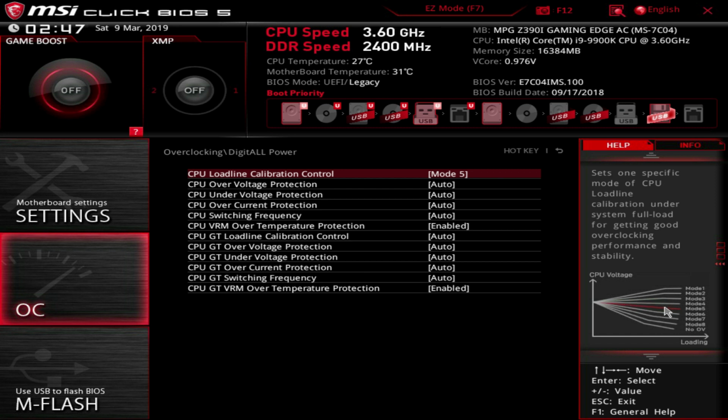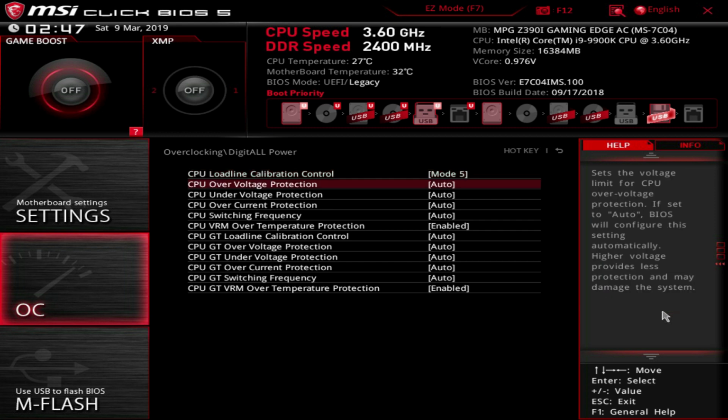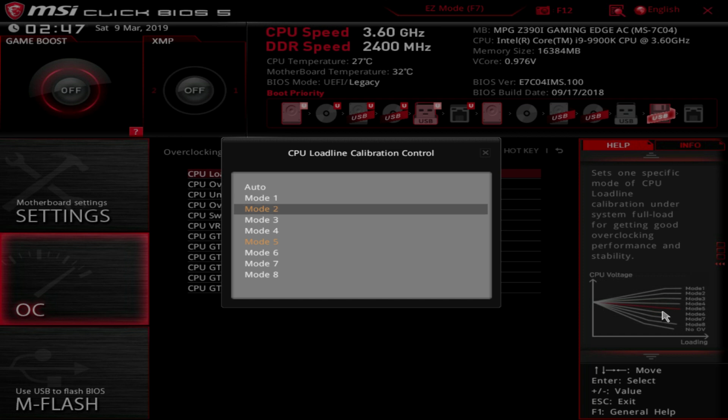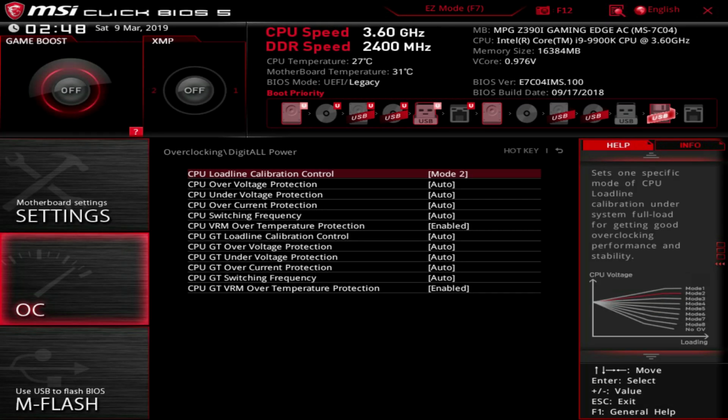In terms of the temperatures I end up at and the power consumption compared to other boards where I have validated the voltage, this has to be a ton of V-droop. Like, a ridiculous amount of V-droop, because it runs so cool at that setting. It's unreal. So, basically, I've been testing with mode 2 so far, because that seems to be the closest to what I have on other motherboards. But for some reason on this graph, it's shown as a whole bunch of voltage